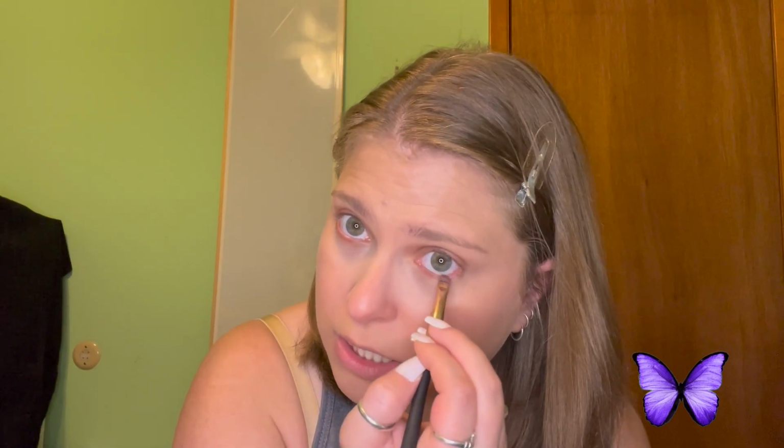Okay, now that I've lined my lower lash line with the Enlightened color, I'm going to use the Maybelline False